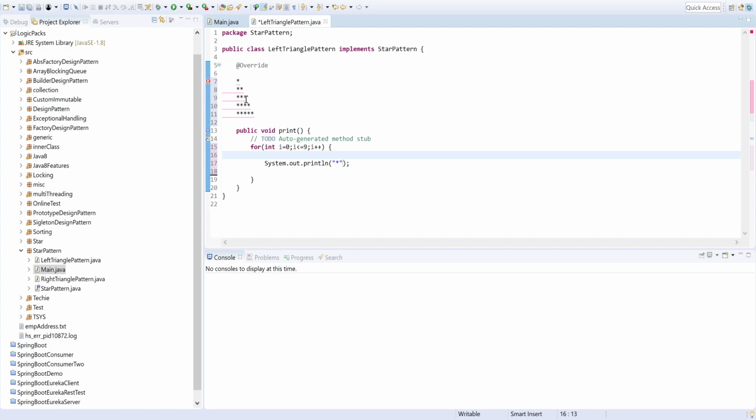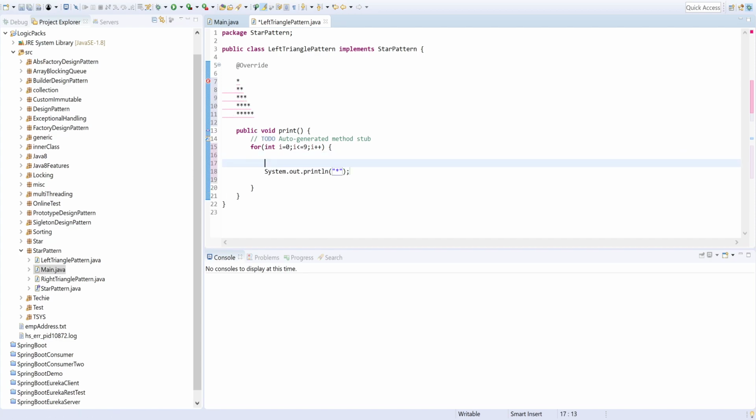You have to find out the symmetry, like you have studied about the series questions. So you have also applied some types of logic. So 1 and 2 in the next line, 3 in the next line, 4 in the next line. Here the stars are increasing.